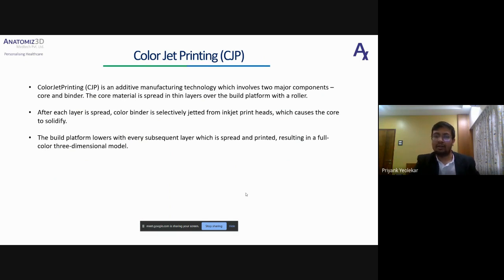And wherever the part needs to be solidified, if you see the cross section of your model, there the printer will inject a binder so that that area completely gets solid. So this is how color jet printing works.